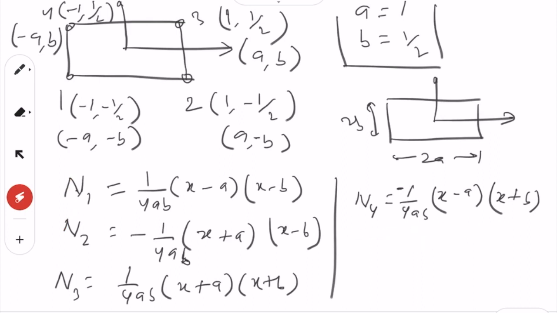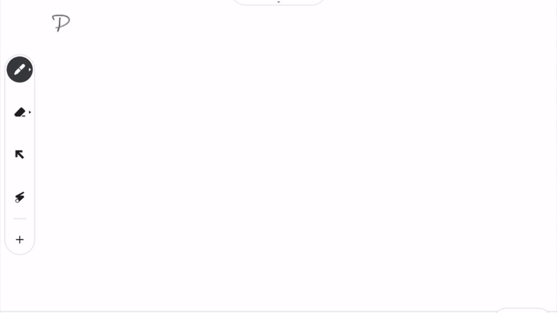Next thing is, based on that we have to find out a few things. First we have to construct the displacement vector. So let's say displacement vector, okay, so Ue